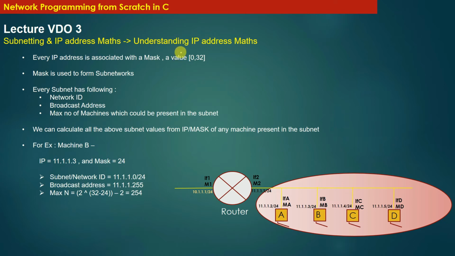So welcome back guys. In this lecture video we are going to understand and discuss IP address mathematics. Every IP address is associated with a mask value, and a mask value is a value between 0 and 32. We discussed in the last slide that the IP address size is 32 bits, right? And every IP address is associated with a mask value, which is any value between 0 to 32 for IPv4